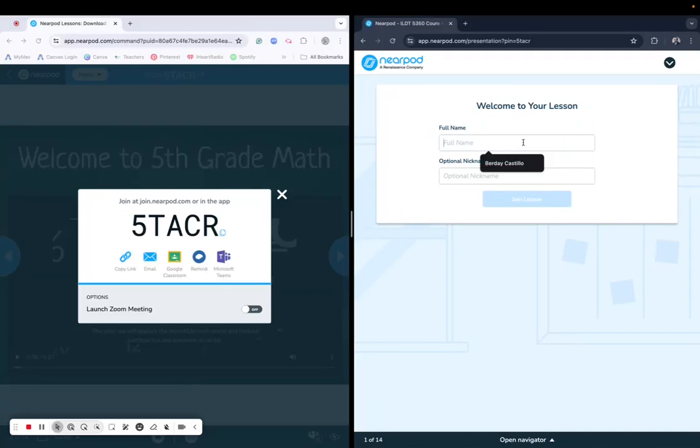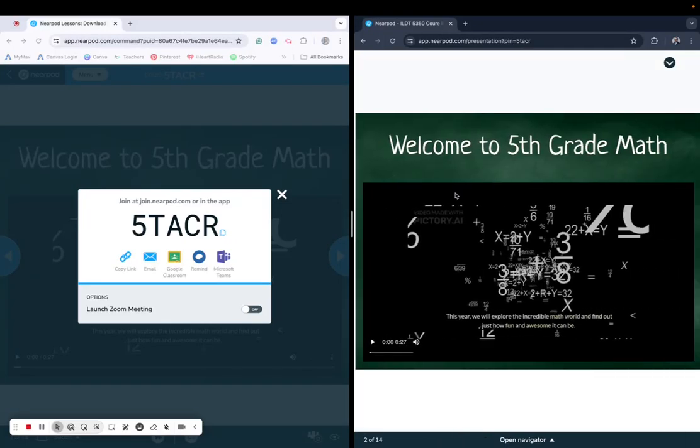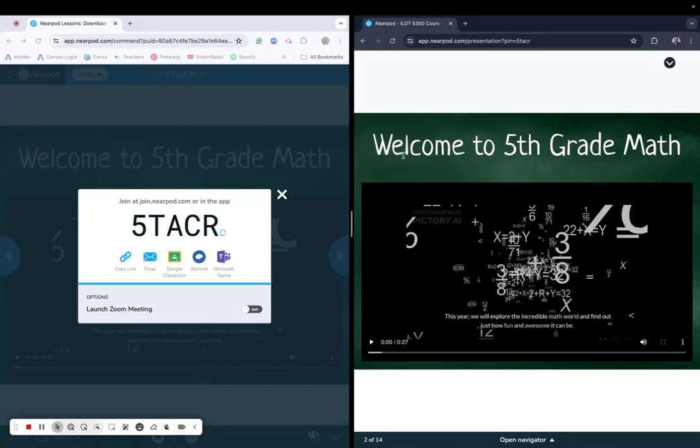The students will then input their name and their nickname. They could put their first name, last name. I'm going to hit join, and it comes to the first page of the Nearpod presentation. I'm going to go ahead and close this code